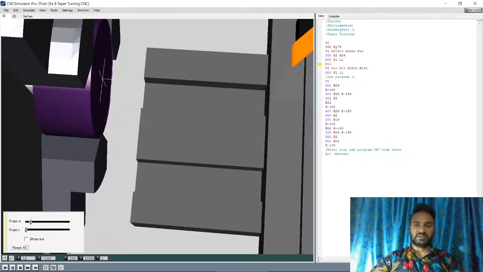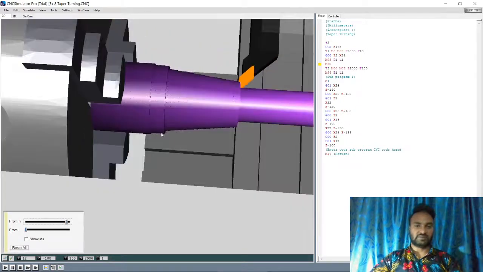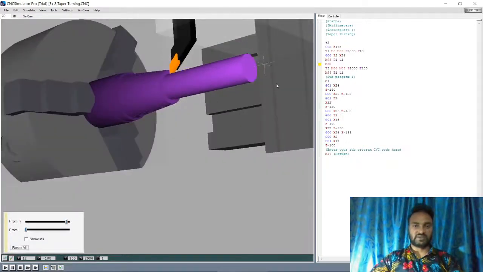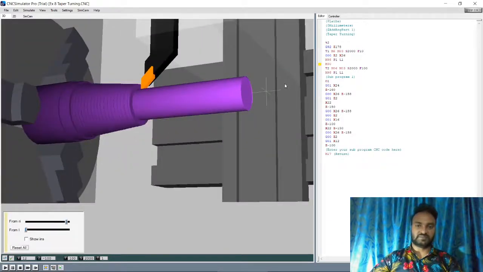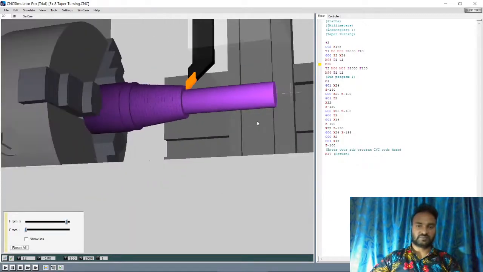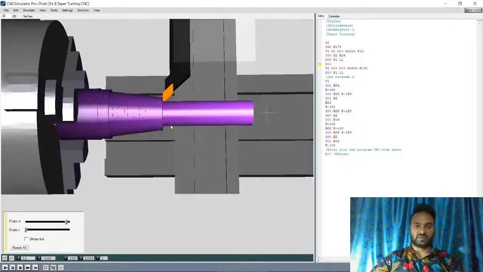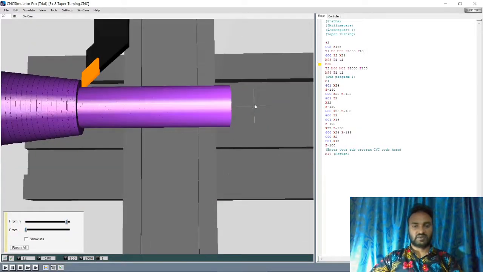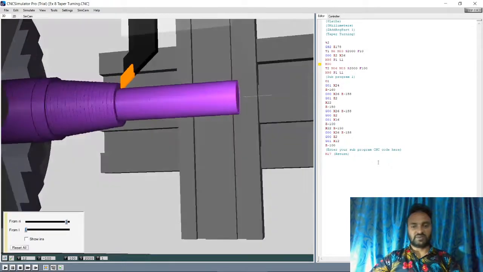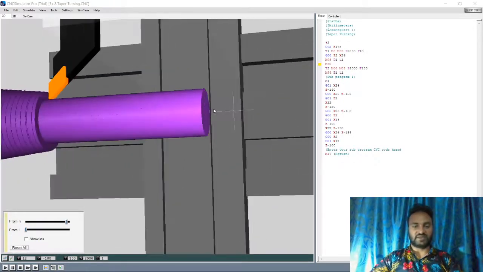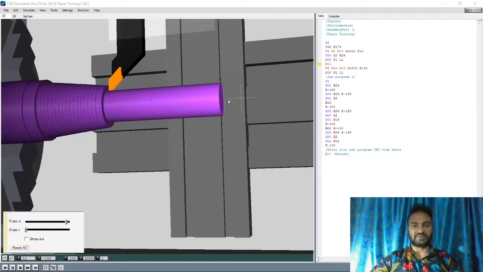If our length is 200, then 200 minus 22, which is already inside the chuck. So I will shift the origin by using the G92 code from this position to the right side of the workpiece here. If I can find the correct dimension, I can shift the origin here.